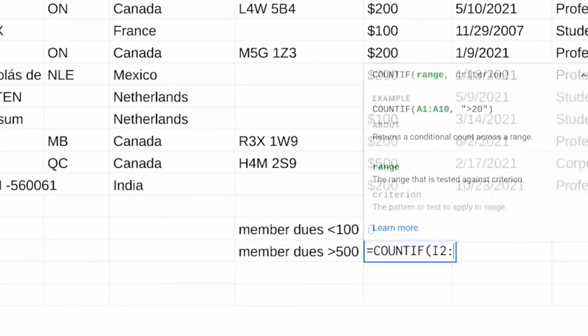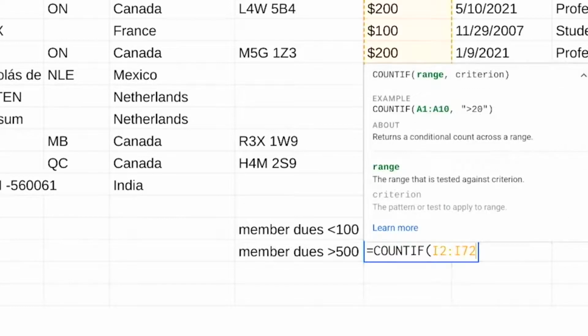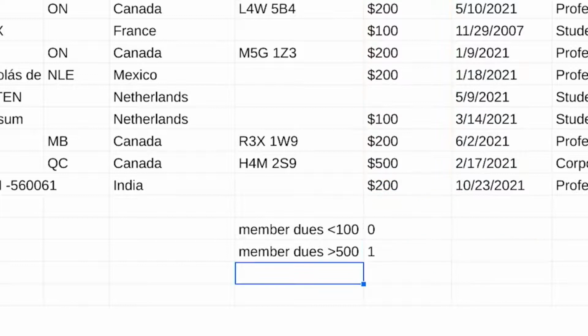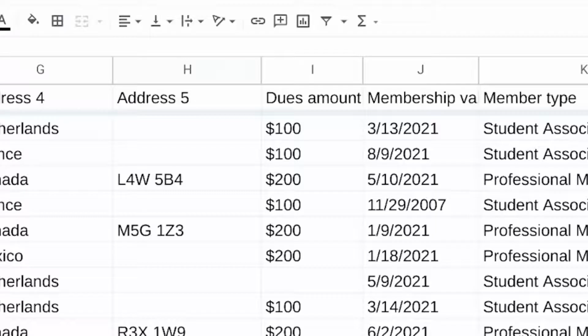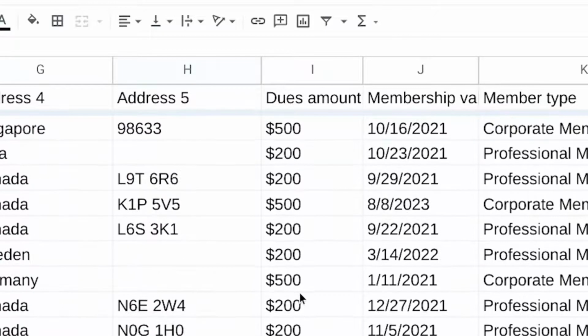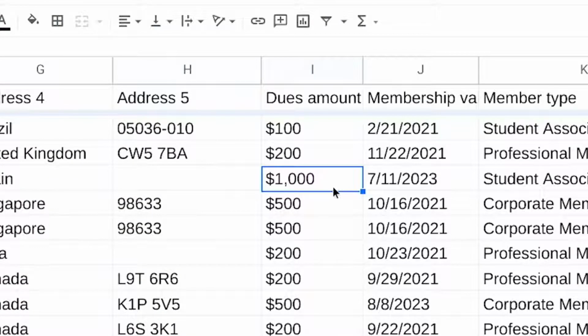I2 through I72 is still the range, but the value is greater than 500. There's one here too. Check it out. This entry has an extra 0. It should be $100.